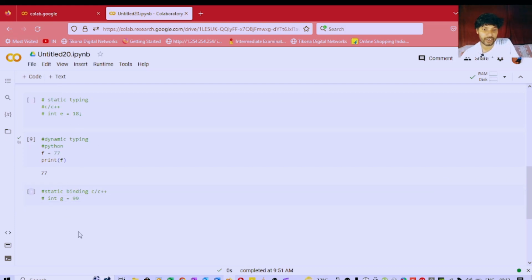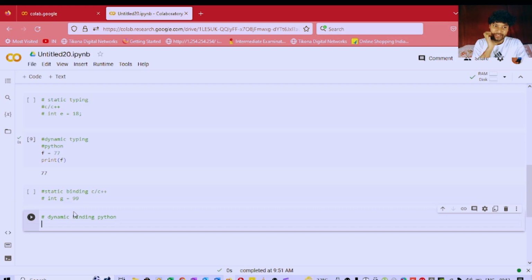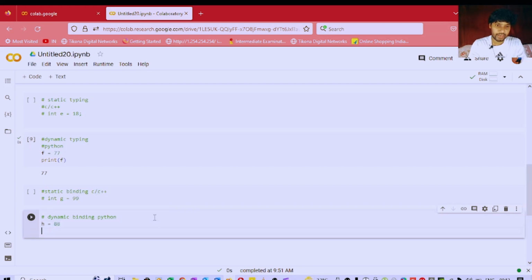But when you are doing dynamic binding, you can create a variable by the same name and store different data types inside that. So I'll just show you guys how to do that. Dynamic binding, supported by Python. Okay, so in dynamic binding, what happens is, suppose we are creating a variable by the name of h equals to, suppose we are storing 88, and then we are printing h,